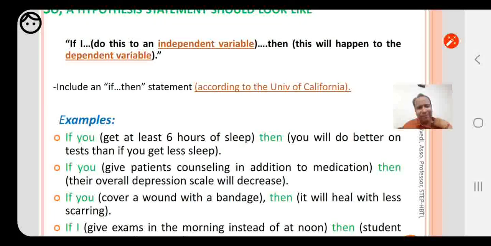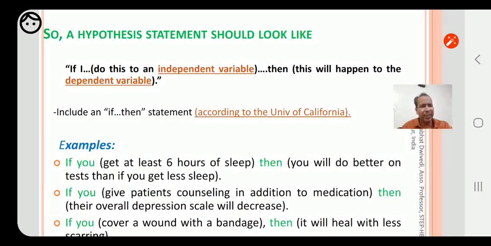So, a hypothesis statement, as we have seen here, according to the University of California, should be in the form of an if-then statement. California University says that a hypothesis statement should be an if-then statement.